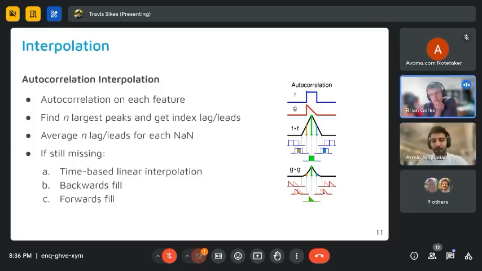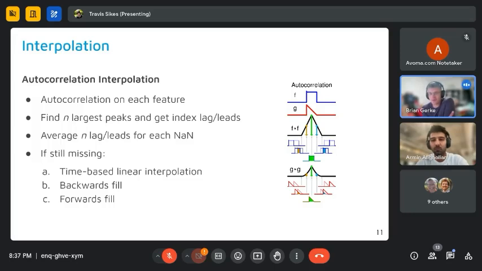Let me make sure that I understand this, and maybe this can help answer Ethan's question as well, about what hours we're using. You are basically saying you're missing data at 6 p.m. on Tuesday, say. To determine which hours to use to interpolate, you're looking at other 6 p.m. on Tuesday where you do have data and asking which hours before or after 6 p.m. on Tuesday have tended to be the most predictive or the most correlated with that temperature. And so it might be 7 p.m. and 5 p.m. on Tuesday, and it might be 6 p.m. on Monday and 6 p.m. on Wednesday are the ones that are giving you the most information.